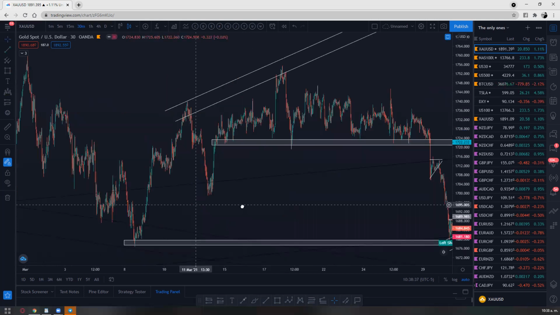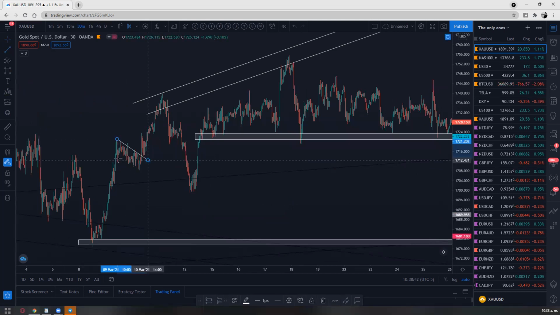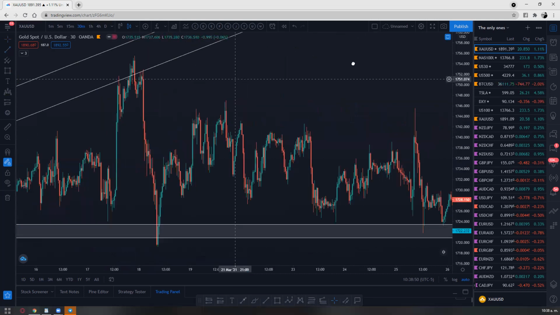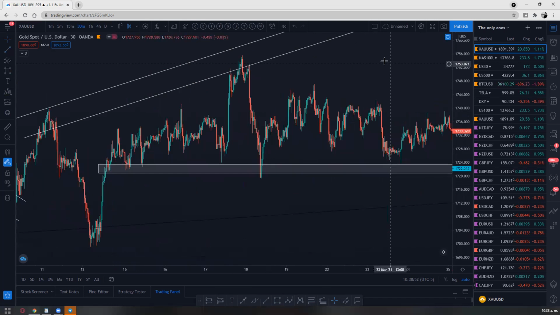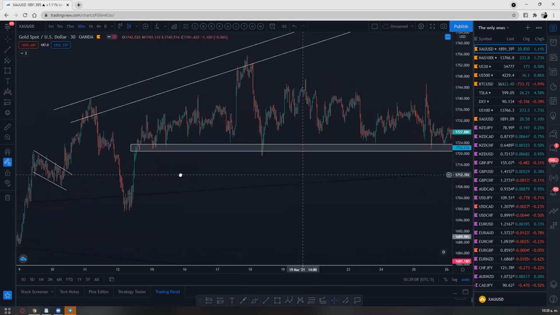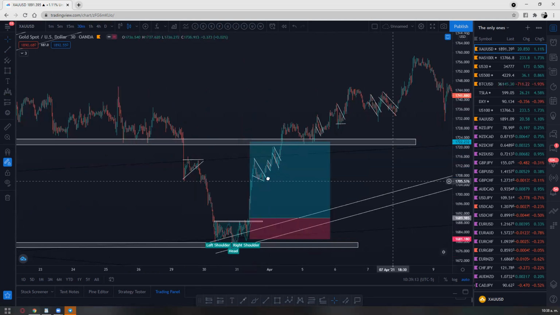Let me see. You will see patterns everywhere. And that's gonna come naturally. You need to just practice and see. You will be seeing these types of patterns. These also right here, when the price goes and is exhausting, when the market is exhausted, like this big push up, you may be seeing something like that as well. You may be seeing there's another head and shoulder right here. It happens a lot. There's another head and shoulder right here when the market is exhausted. So it's repeating over and over again. Head and shoulder patterns in gold are happening all the time.